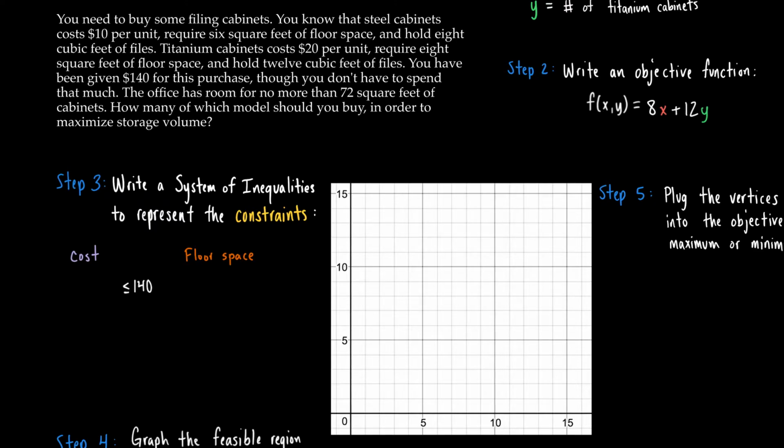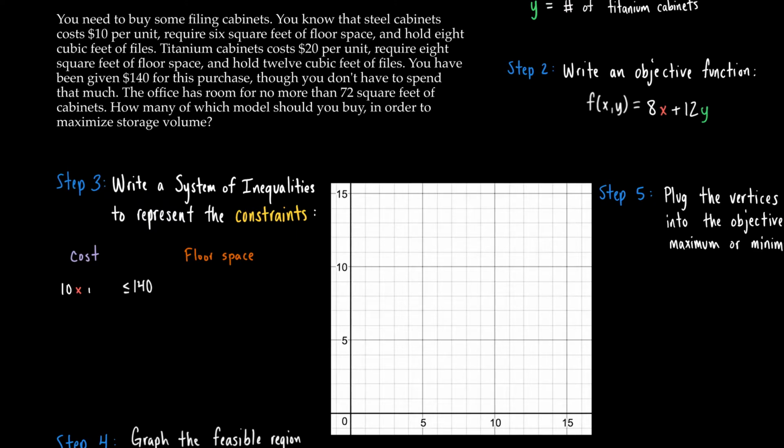Okay? And what we're going to write over here on the left side of this inequality is how much we spend. So if the steel cabinets are costing $10 per unit, how much are we going to spend on the steel units? X was the number of steel units that we have. So we're going to say 10 times X is the amount of money that we're going to spend on the steel units. Okay? X was the number of steel units. 10 is how much they cost per unit, so 10 times X is the amount of money that we'll be